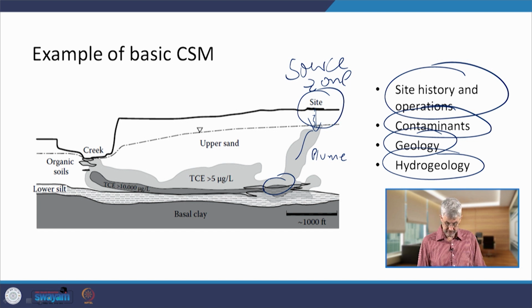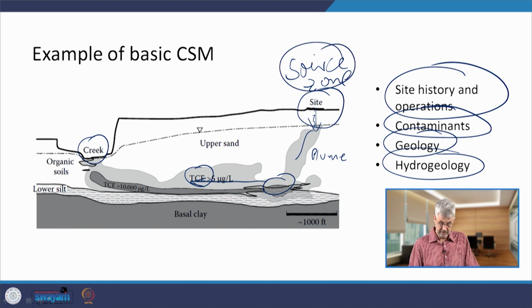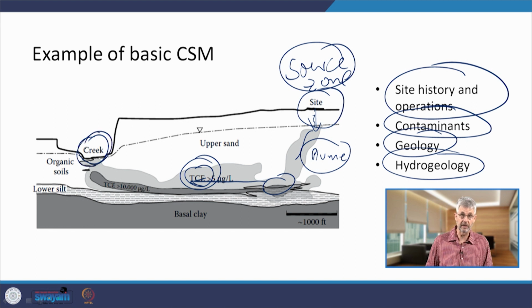And then from there, with the groundwater flow direction, the TC in this case, that would be our contaminant, which is short for trichloroethylene, is spreading towards what would be a receptor or groundwater discharge area, a creek. So in other words, we have the origin, the source, we have identified the contaminant, TCE, we have identified how the contaminant is spreading, and we have identified potential receptors, in this case a creek, where the contaminant is heading or has already arrived, as it seems to be the case in this very basic CSM.